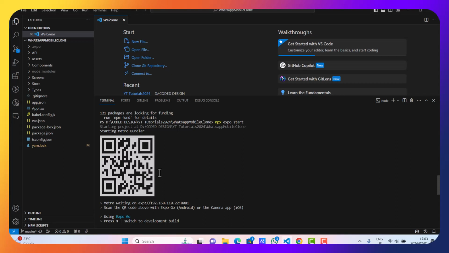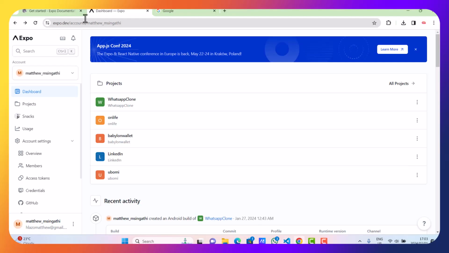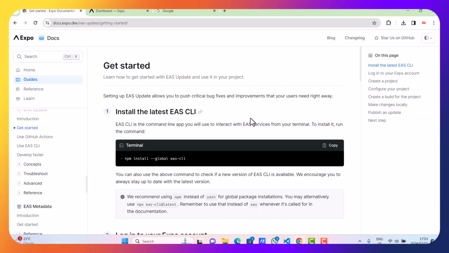So what is the solution? The solution will be to go to the Expo documentation. We need to first install Expo EAS CLI. As you can see, here is the command to do that. So let's copy this,